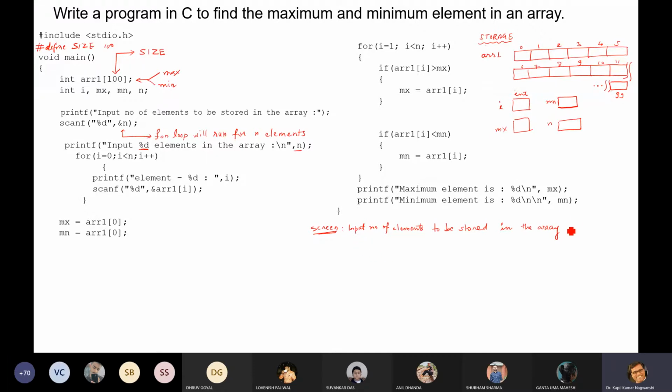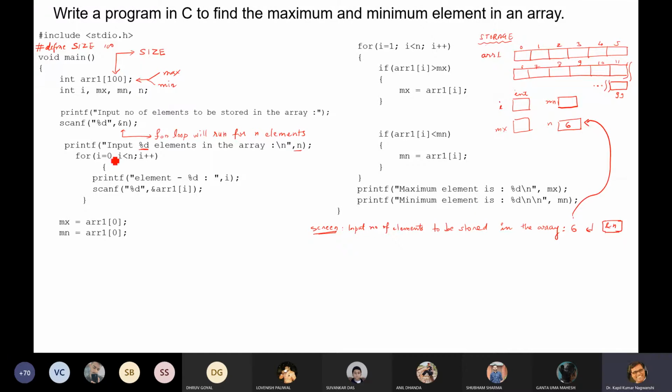Now scanf will scan. So suppose I am putting 6 over here and then pressing enter. So this 6 will be stored at the address of n. So now this 6 will go to this place.